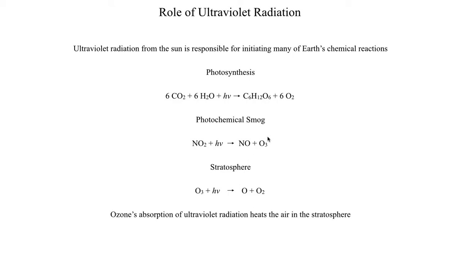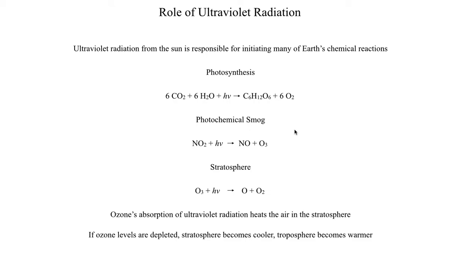So that's just articulating what I just said, how the ozone absorption of ultraviolet radiation, the process of absorbing ultraviolet radiation, is largely responsible for heating the air in the stratosphere. And if we talked about one consequence of ozone being depleted in the stratosphere, and that is more ultraviolet radiation reaching the troposphere. And that can lead to all sorts of detrimental effects for the life that's on Earth, but